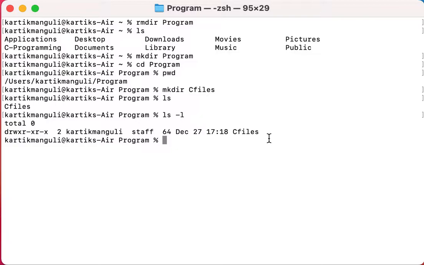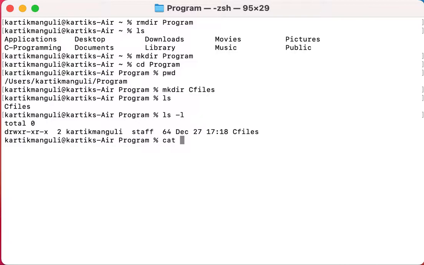Then let us move on to another command. If you want to edit something or create one file, there are two commands you can use. One is cat. What is cat? Cat means concatenation of files. Cat can create as well as display the contents of files.